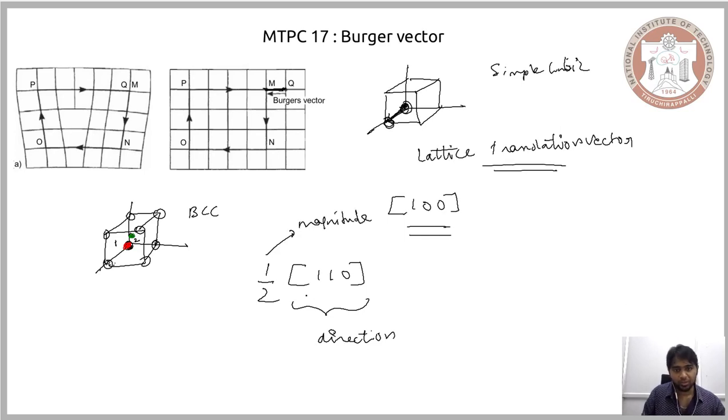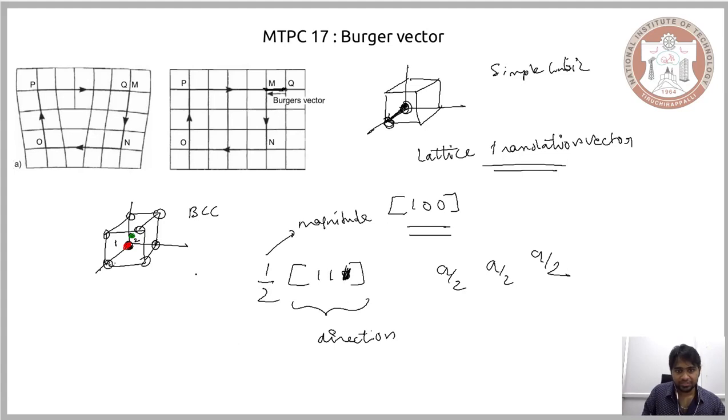So you can express this particular Burgers vector by considering the atomic position of atom 2, that is A by 2, A by 2 and A by 2, and this direction is 1, 1, 1, pardon me. If you consider the atomic position as A by 2, A by 2 and A by 2, where A is the dimension of the unit cell, which we can assume to be 1, then I can take the 1 by 2 out, and we can express this position in terms of direction and magnitude. You have your 1 by 2 here that talks about the magnitude of your Burgers vector along this direction 1, 1, 1.